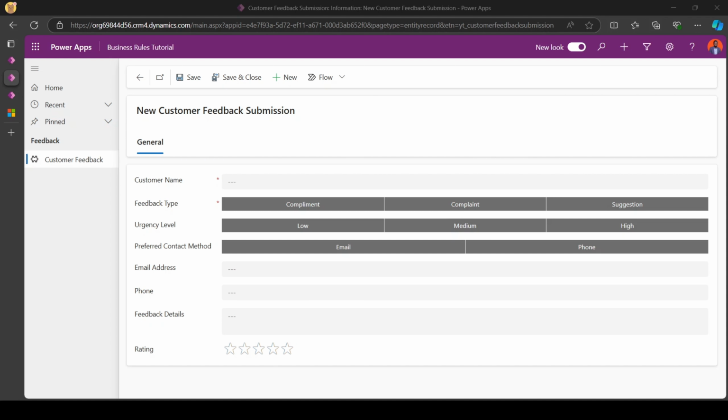Before we jump into creating business rules, I wanted you to appreciate the form that we'll be working with. So on the screen here, we have the customer feedback form. It has different fields like the name of the customer, the email, the feedback type, and so on and so forth. But our main goal in this video is to make this form smarter by applying business rules to show or hide fields, make certain fields required based on a certain condition, validate data, and even automate default